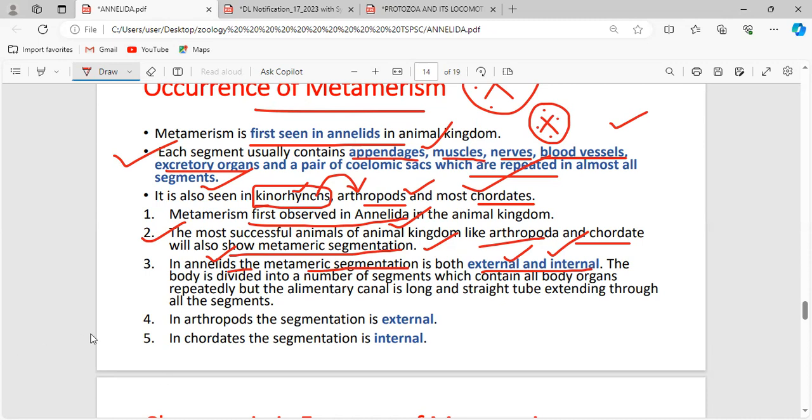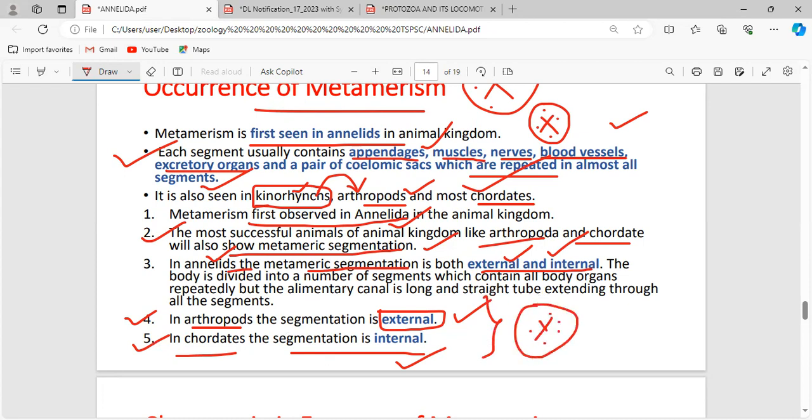But see here, in arthropods and the chordates: in arthropods, the segmentation is external. We can't see the septa or the partitions inside the body. In chordates, the segmentation is internal. When we see a chordate animal, we can't see the segmentation externally. Only if we cut the individual can we see the segmentation inside the body. This is the difference, and this will be your question. Okay, so the perfect example for metameric segmentation is phylum annelids, but the concept of segmentation can also be seen in the arthropods as well as in chordates. This is the difference.